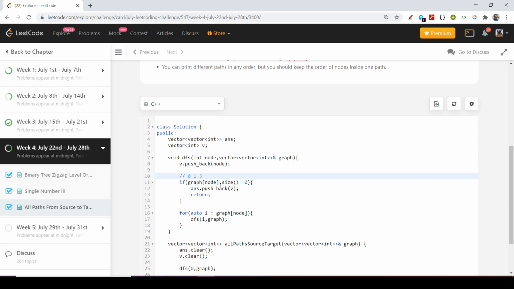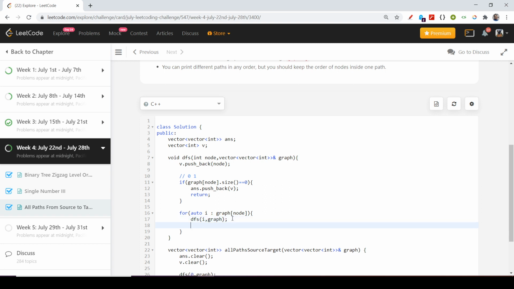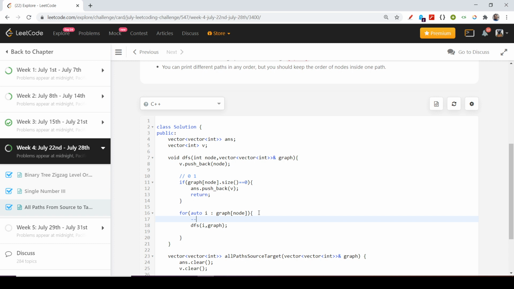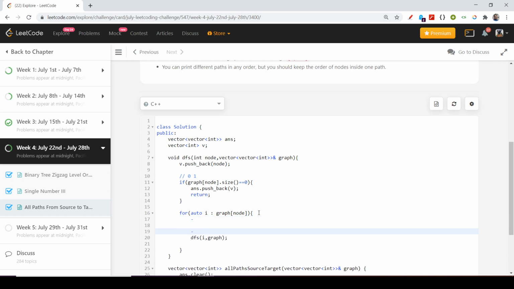Now I will return back to 1, but as you can clearly see, I don't want this 3, so I need to erase it. When we return back, the code which we write while returning back, we write below the recursive function call. When I'm moving from up to down, I write my code above this dfs function.